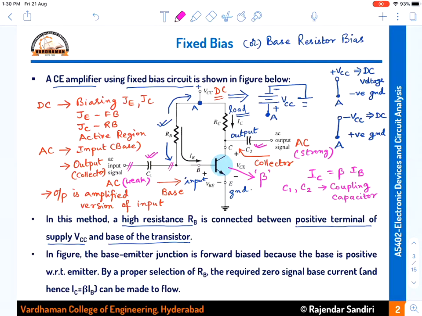Why we are using capacitors as coupling elements is that a capacitor has the property that it will block the DC and allow the AC. Here the input I am applying is an AC input. This AC may have some small amount of unwanted DC. That should not go into the base of the transistor. If that DC goes into the base, then that DC will shift the operating point. And if the DC shifts the operating point of the transistor, then the output you may get is a distorted waveform.